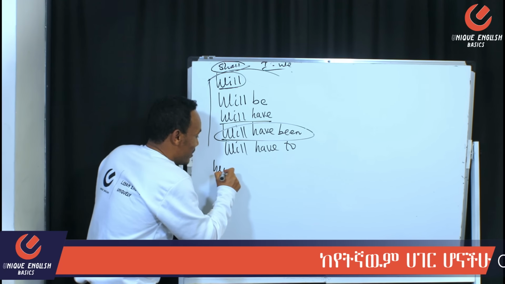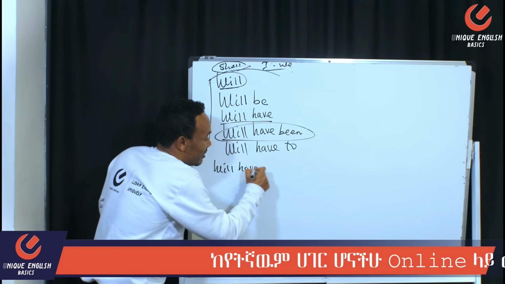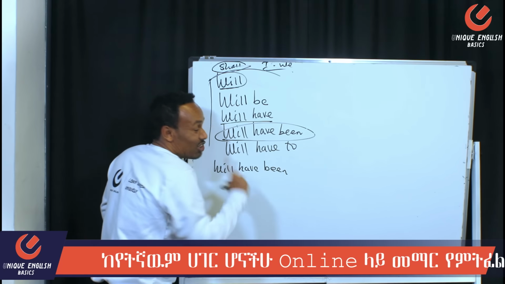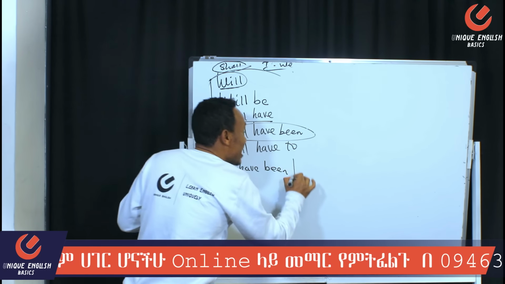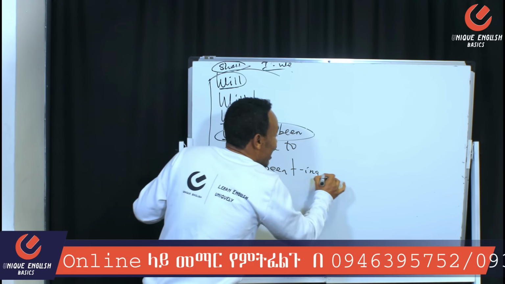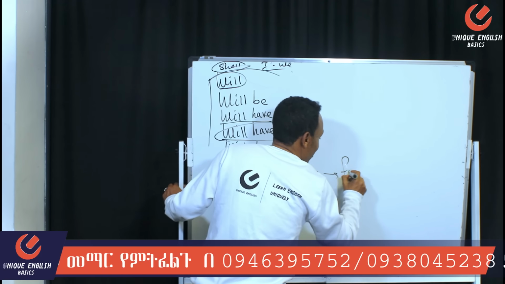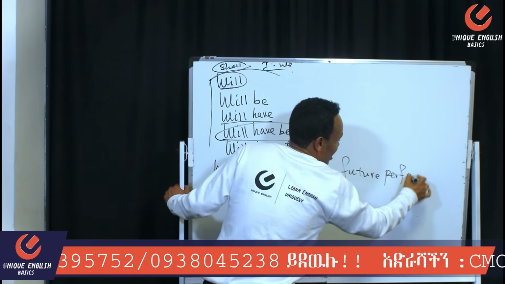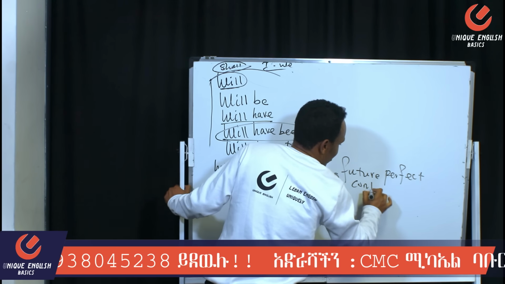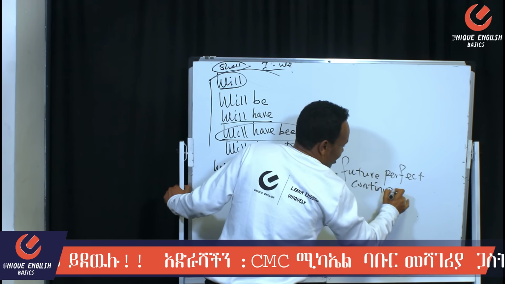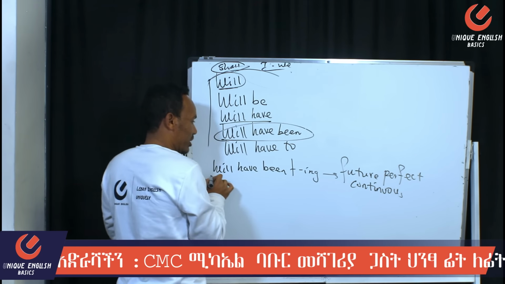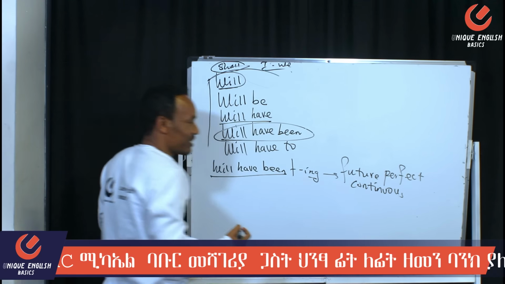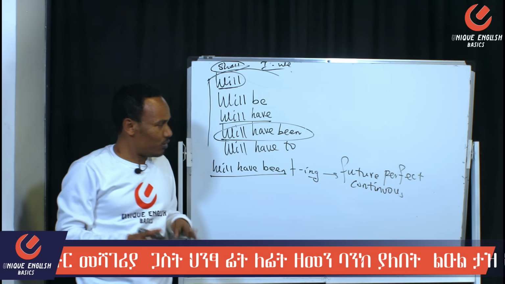እቺን will ምን ብለናል? will have been በልሲ will have been present perfect ናት ራሷ ብቻ ከሆነች phrase የምታስከትል። ነገር ግን ምን ካስከተለ? ing ካስከተለ ምንድን ነው ብለናል? future perfect ምን ብለናል? future perfect ምንድን? continuous ምንድን ነው? all right ይሄ ኮንሴፕቱን ባጭሩ ልንገራችሁ። will have been ብላችሁ ing ስትጠቀሙ ይሄ አሁን ፊውቸር ፐርፌክት ነው